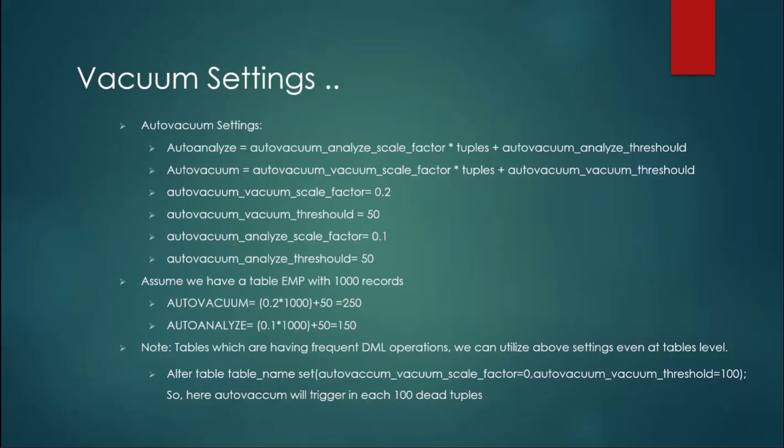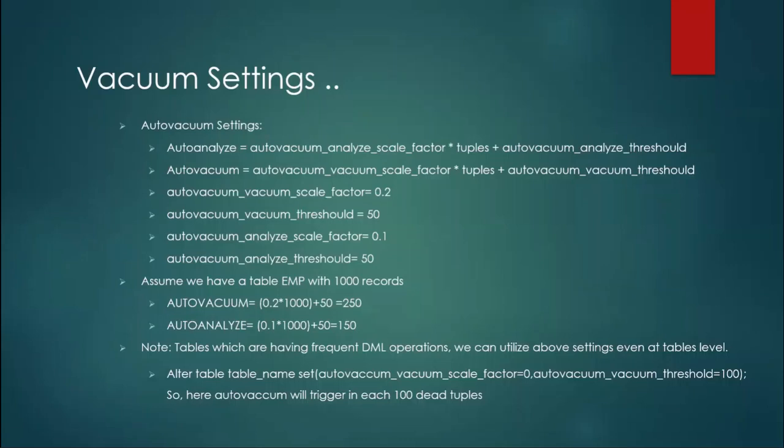These are the default values, but you can change the scale factors and thresholds related to vacuuming and analyze. Those things can be managed as per your requirement, based on how many transactions you have and how frequently you want vacuuming and analyze operations in your system. You can change it, but